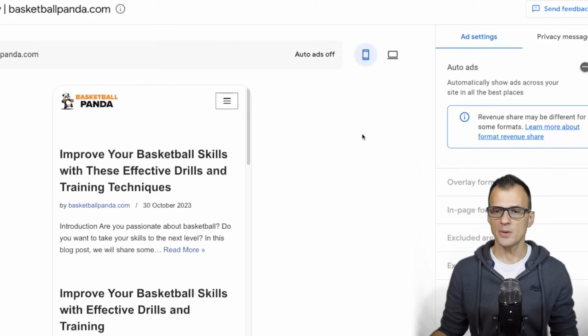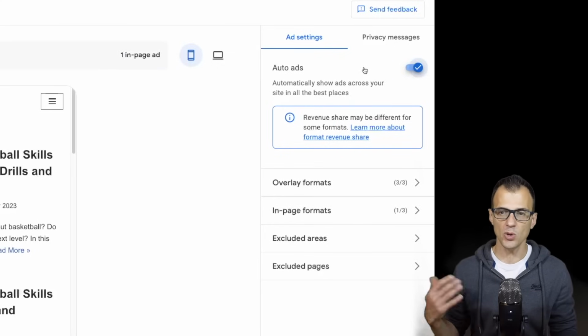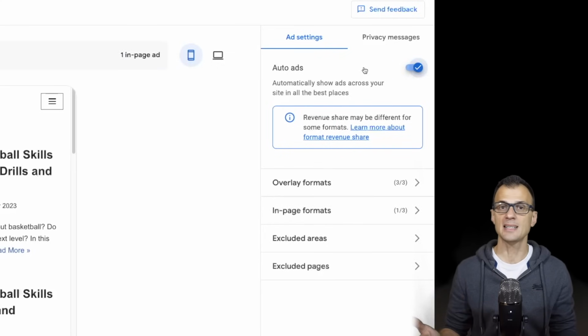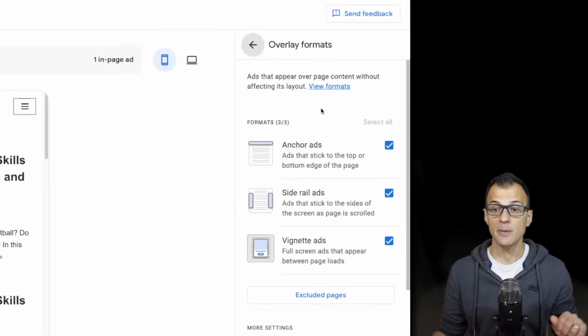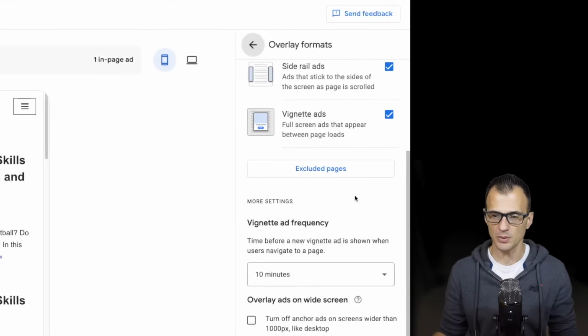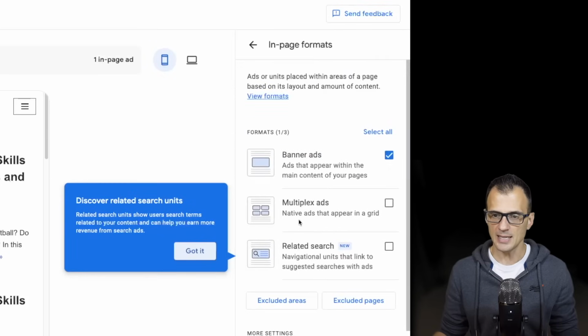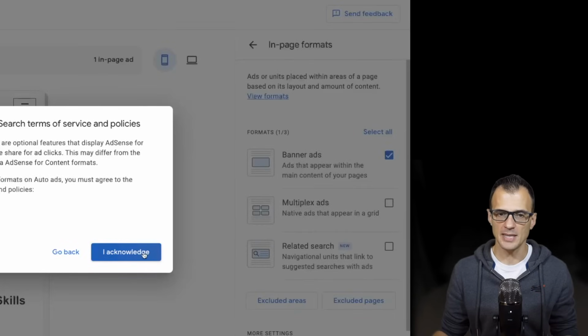settings. Now here on the right hand side, you can set all these settings the way that I show you. So auto ads, you want to turn them on because auto ads will automatically optimize the amount of revenue that your ads earn. Next, go into overlay formats and make sure that you enable all of these. This will maximize the earnings for you. Let's come back out. Then under in-page format, you will want to enable all of the formats because that will